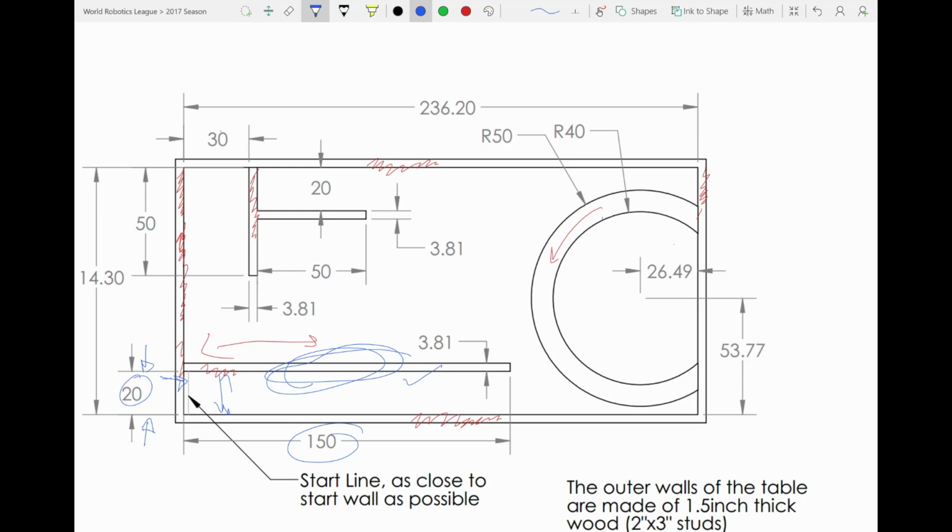When you look at the T shape, we say that it is 30 centimeters from this wall. This length is 50 centimeters right over here. So once you know that it is 30 centimeters from the wall and it is 50, you can place it very, very exactly. And then this piece of wood over here, we have specified again as 50 centimeters, but